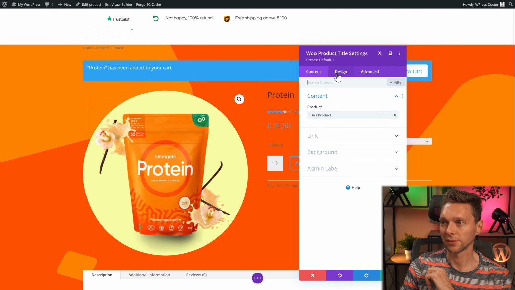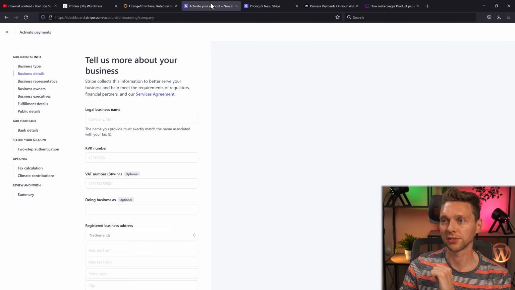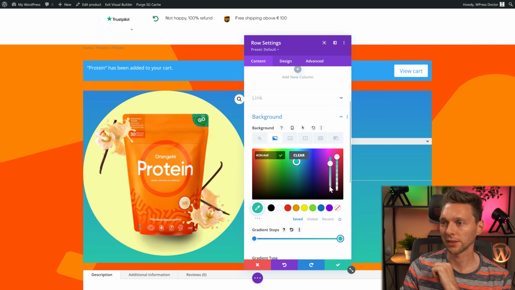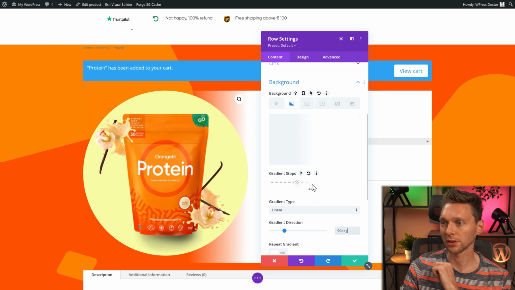Then we have the title text, which should of course be Gilroy bold. It should be black because the whole background is actually white on the original one. You can do that by adding a gradient to the entire page, because creating this is actually possible, but it will take a lot of coding. Then you go to your row settings, and then we go to background. We're going to add a gradient over there. So it's going to be white over here, and it's going to be transparent over there. Then we're going to change the direction to 90 degrees, and make this one come closer to the other one.